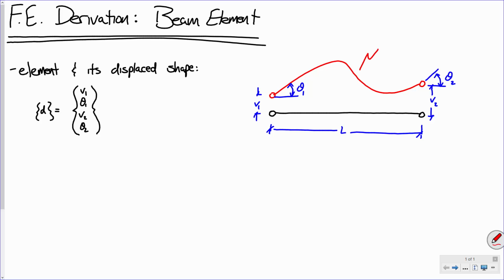This is my displaced shape. That's v of x, okay? And that's really not going to work for us, assuming a linear function. I mean, is that a line? That doesn't look like a line to me, does it? That's not a straight line in any way, shape, or form. It's got some curve to it. So here's what I propose. I propose that for this beam element, I'll say therefore,